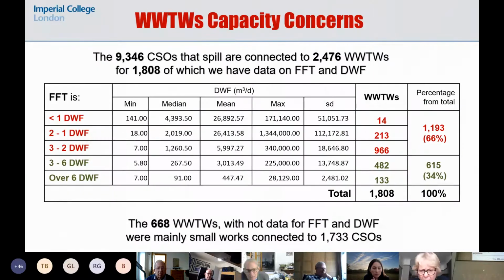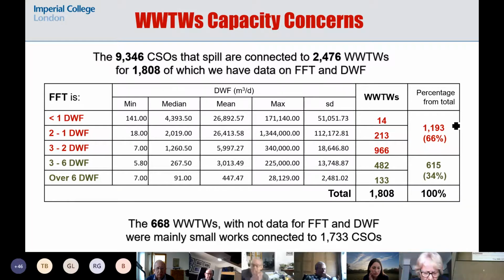Now, there are lots of reasons that this can happen. It can happen because we have more rainfall. Well, that doesn't seem to be the case. It can happen because we have an aging infrastructure network and you have more infiltration. Well, that could account for some of it. But the real issue, in what we found in our research, is that it has to do with capacity. So remember what we said about the capacity of the wastewater treatment plants, right? They need to be 3 times dry weather flow, roughly.